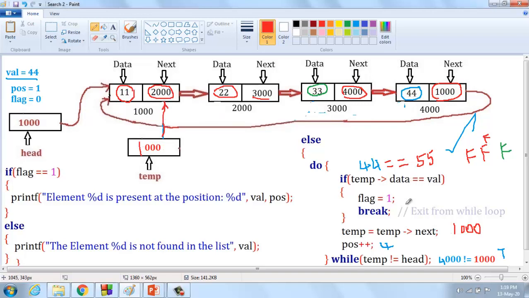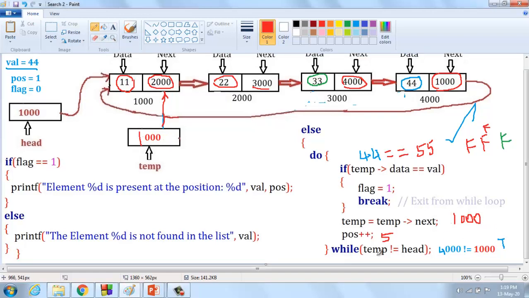Then position plus plus should be incremented. What is position? Position was already pointing here; position should be 5, while temp not equal to head. What is the temp value?